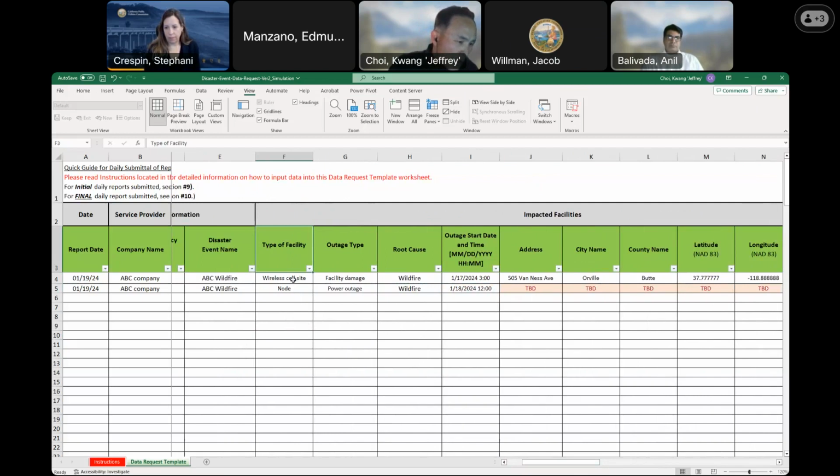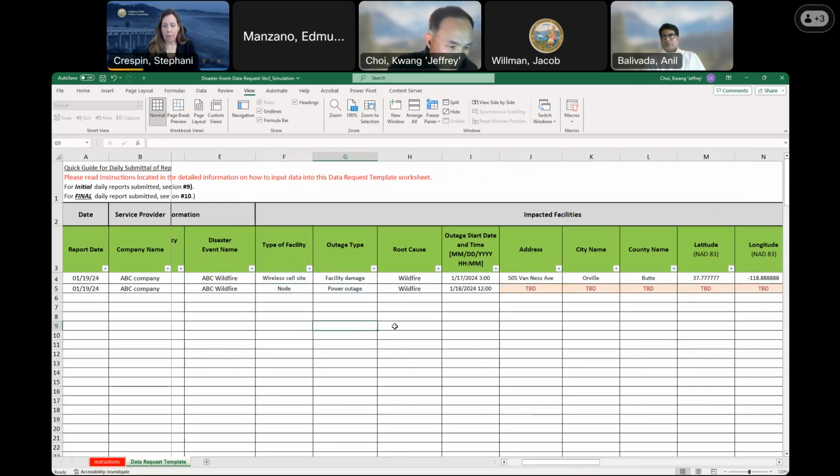So if you have the wireless cell site, you can click the wireless cell site as we have the drop down here, and then the facility affected is node, then you can click the node here. And then outage type, if you know you can put it like this, facility damage, and then power outage.